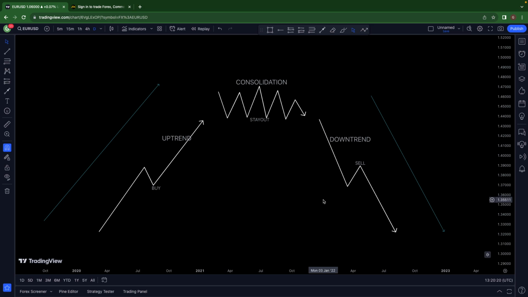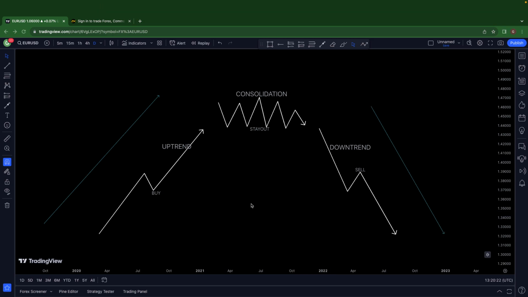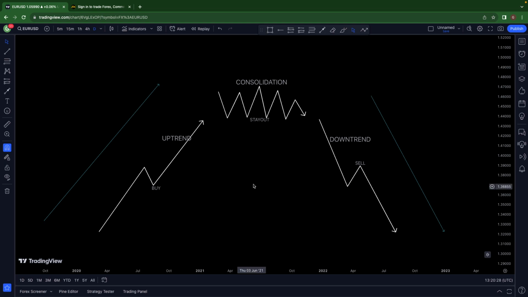Hi everyone. Today's lesson is on market structure and it's going to be a very short one. So let's dive straight into it. So basically, what is market structure? Market structure is the way the market moves. So let's just explain that market structure basically means how the market moves, how price moves both up, down, whichever